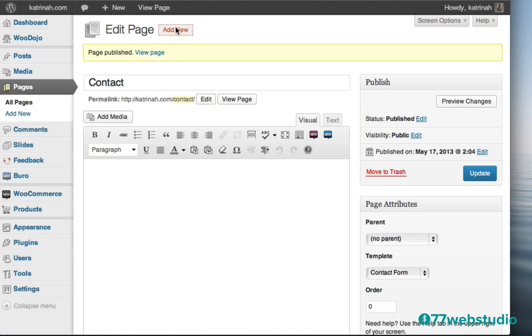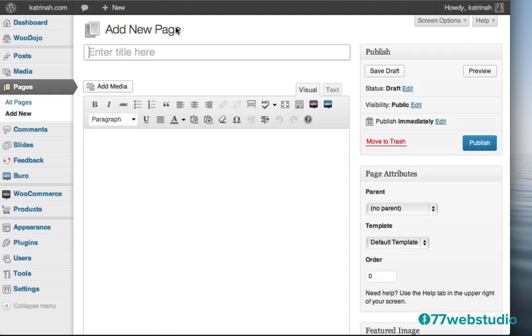And to create the blog index page, this is not a blog post, this is actually the page where all of your excerpts of your blog posts will be displayed on the same page. So to create the blog index page, I'm going to give this a name of blog, and then once again in the template section I'm going to click on blog right here as the blog template.